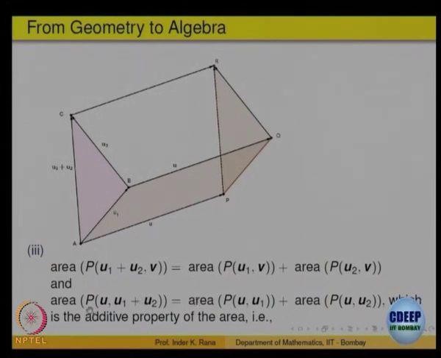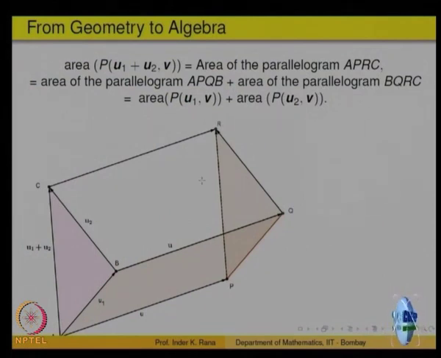Similarly, in the other variable you can have addition of vectors in the second variable, and the same property holds. In a sense, you can see the scalar lambda came out, and the parallelogram spanned by the sum is equal to the sum of the corresponding areas. It is a kind of linearity property. So, one says the area spanned by two vectors u and v is linear in each variable, u and v. So, this way of interpreting